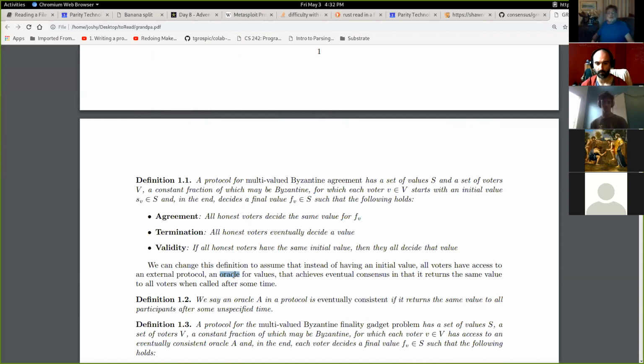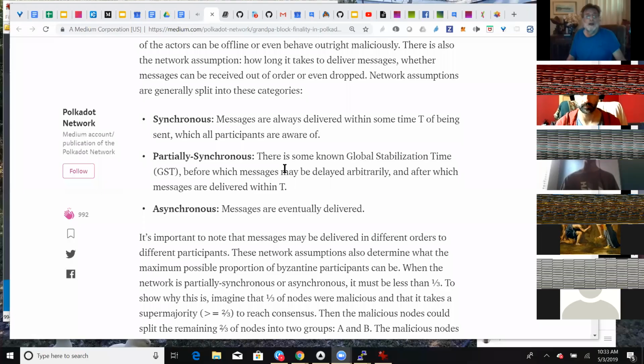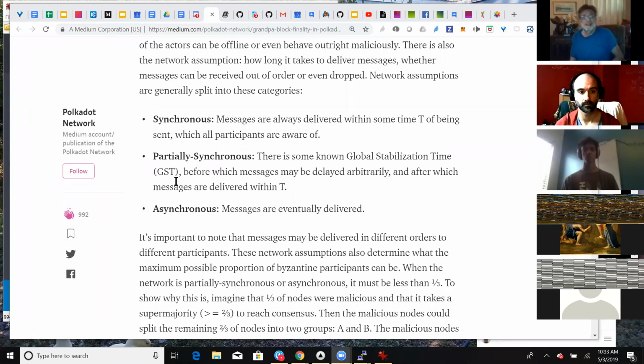Yeah, they call it partially synchronous in that there is a known global stabilization time. Yeah, Jim, can you share that again? I found that insightful and never saw it before that Medium post. Yeah, that's where I saw it. That's where it is in the Medium post. So I guess you can reasonably expect to see a block in some time, 10 seconds from anywhere on the network. And then messages are delivered within T after that.